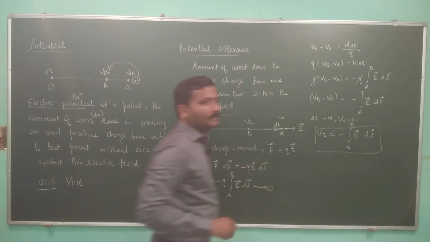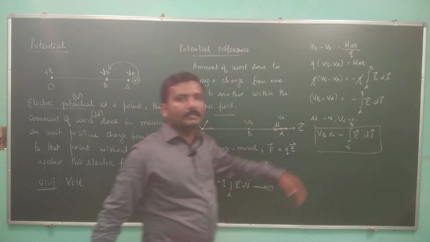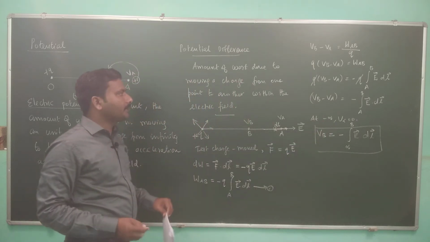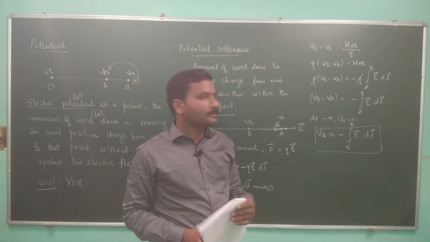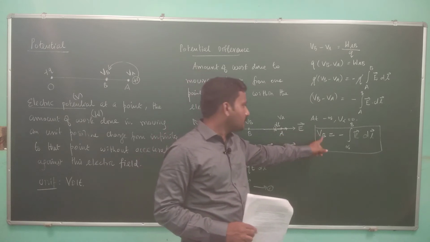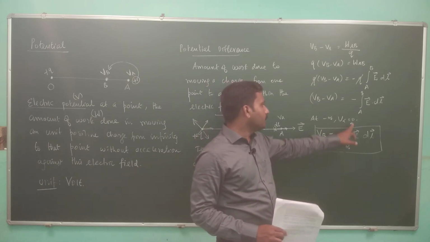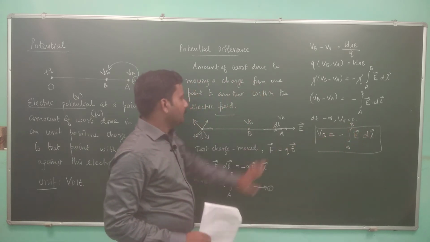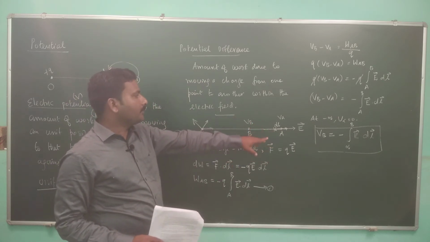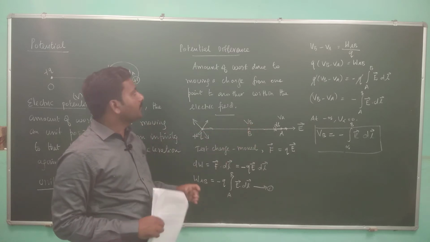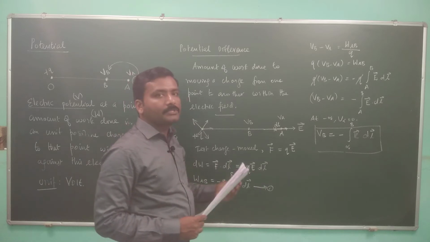Okay, you remember this equation. We will use this notation in the coming topic. We are going to derive the potential at a point due to a point charge, and in that we will use this. You remember V_B, the potential at point B, which is equal to minus integral from infinity to B of E dot dl, right? We have explained how this expression can be obtained, and we are going to use this straight away in the next topic. So this is potential difference and some of the associated terms.